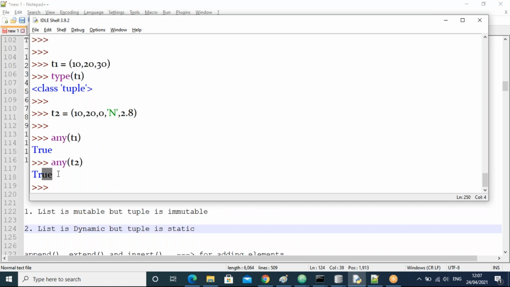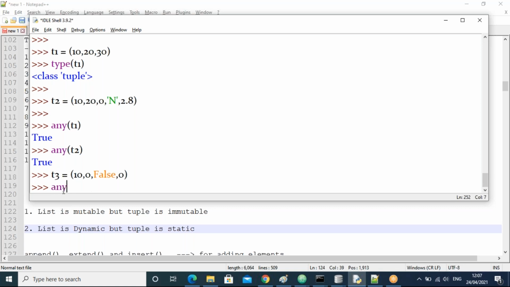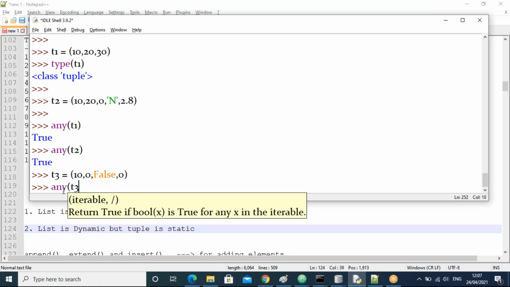In case of T2, so many non-zero are there. I'll take now, suppose T3 equal to a tuple of 10, 0, False, False, again 0. Is this one true or false? Any of T3 is true or false, guys?